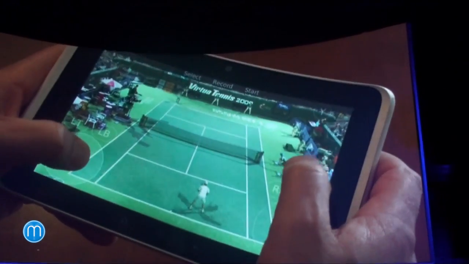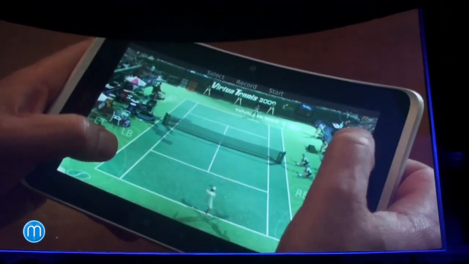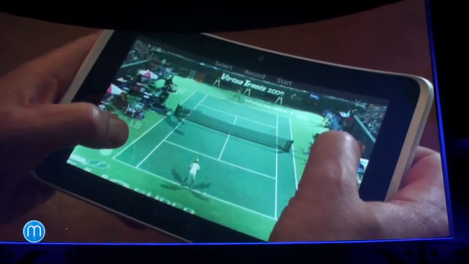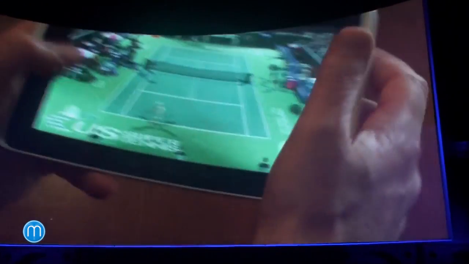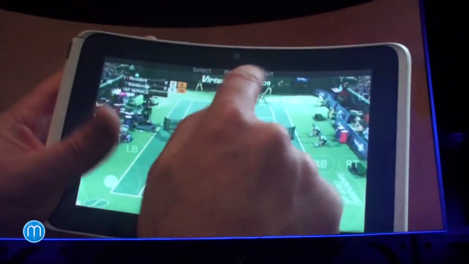So I'm going to serve, hit back, see if I can go and win a point here. I don't know. It's pretty good. Oh, she scored on me. All right. So that was a good point for her. It would have been nice if it was a good point for me, but I'm going to hit this button